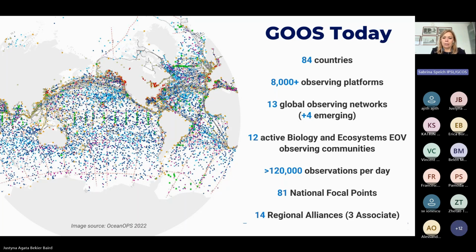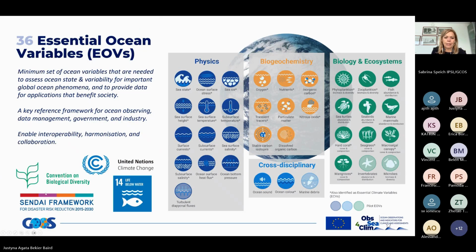We have 18 national focal points and 14 regional alliances, and 3 more that are associated. Next slide, please. The WIGOS works based now on 36 essential ocean variables, the acronym is EOVs, and some of those are also essential climate variables. This framework of essential ocean variables is critical,